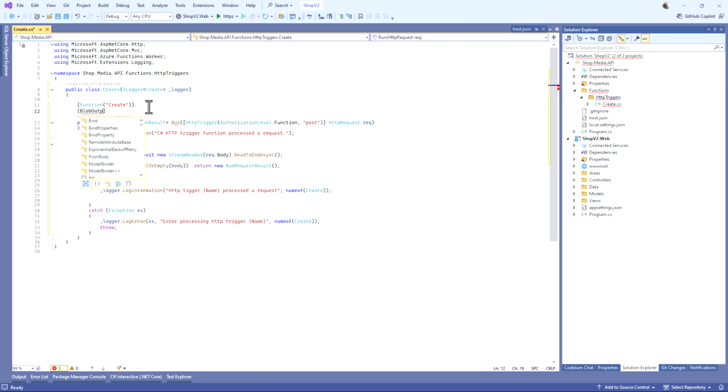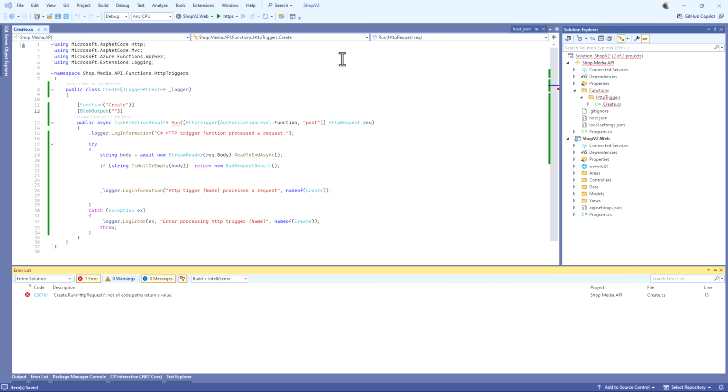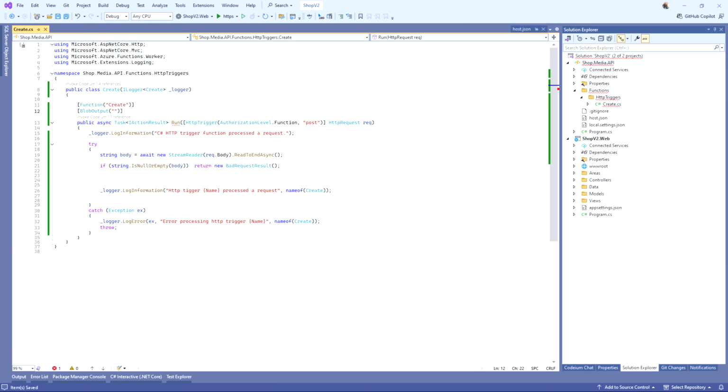So this is a blob output. You have to sometimes include the package name. Let me check. Yeah, let me include it. After including the package name, we have to say